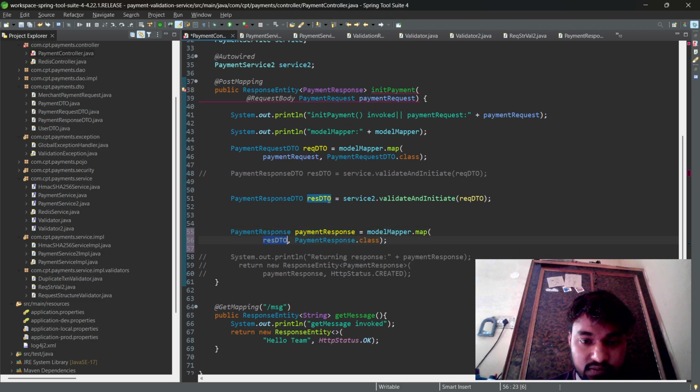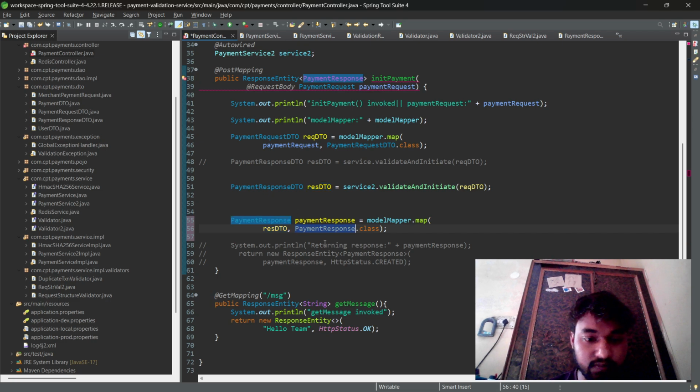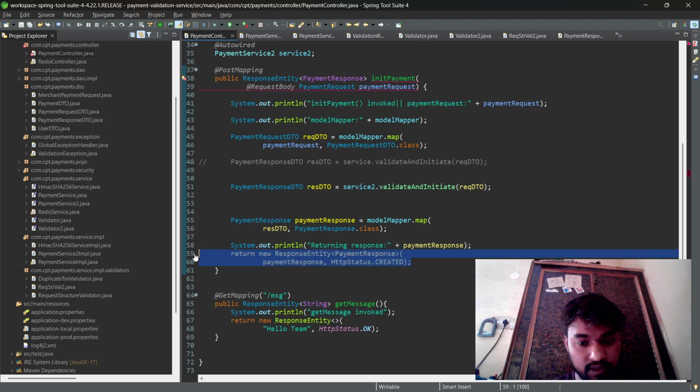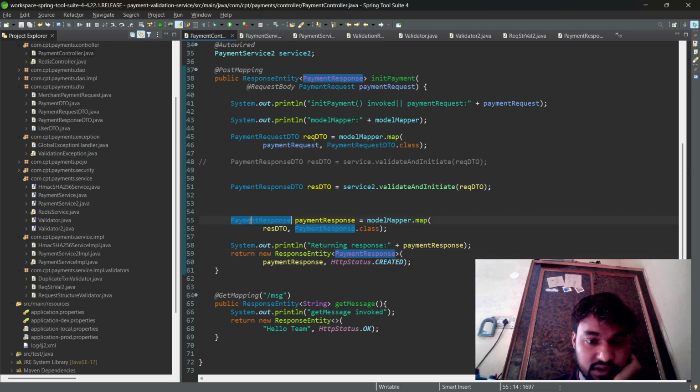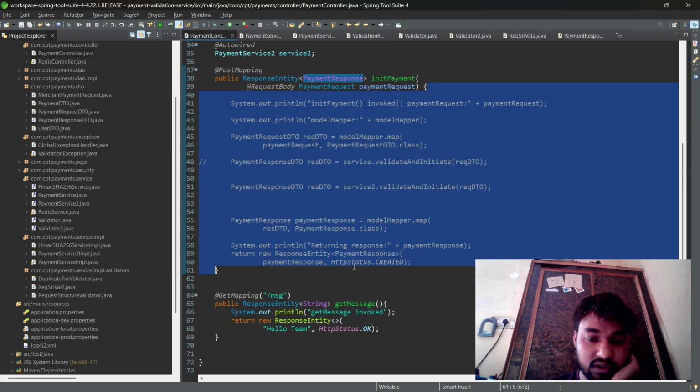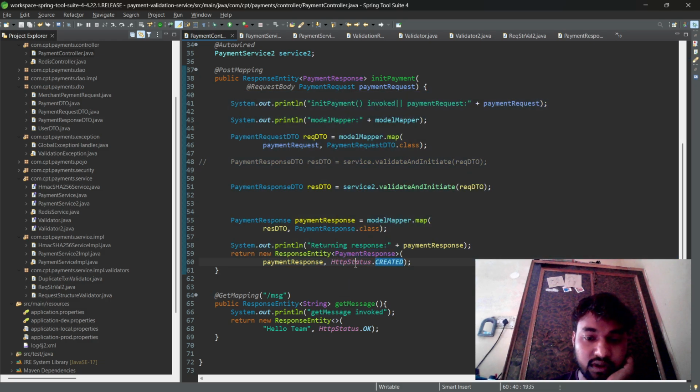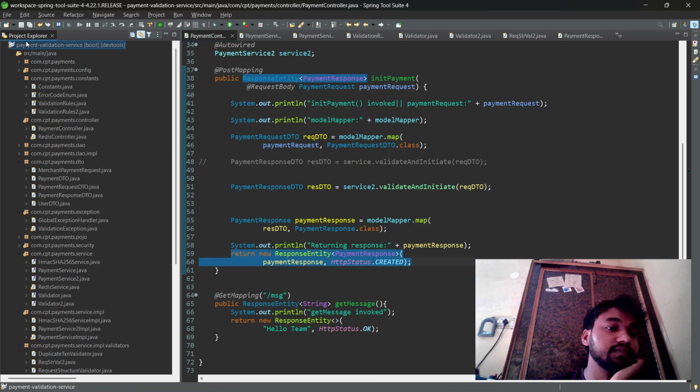We have this response DTO. Okay, and then after we are printing this, and then we are returning this response back, new response entity payment response, this response with what we just created and with the status code of 200. Okay, let's save and go here